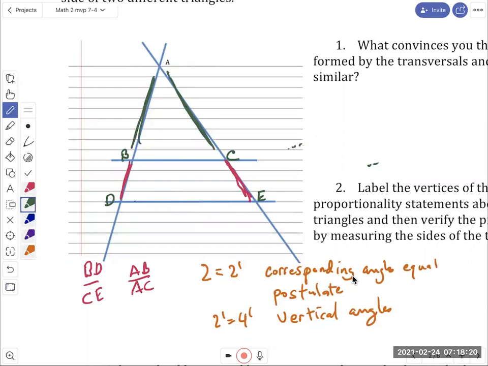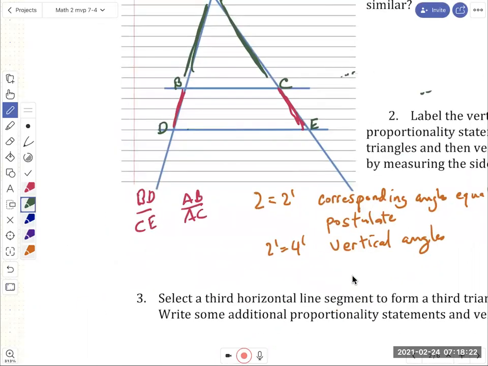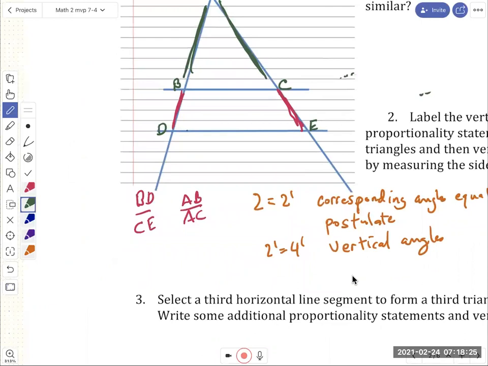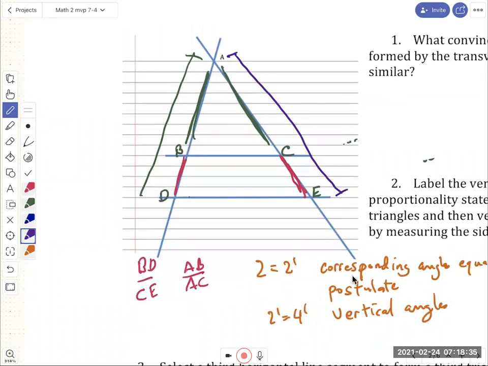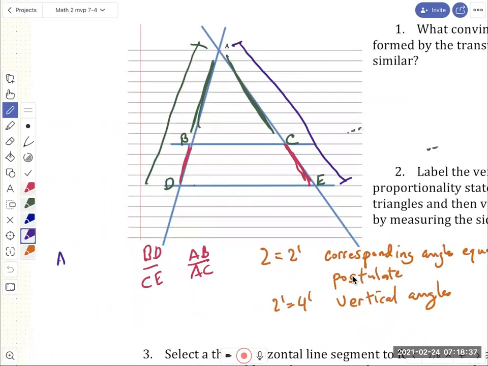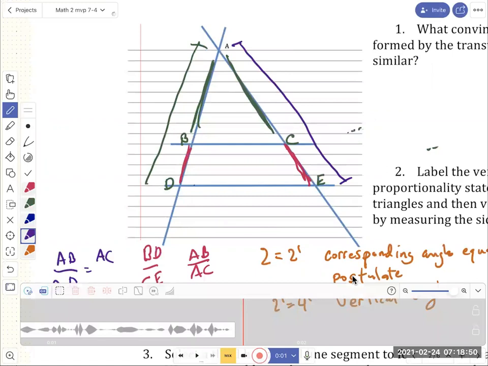And one of the things we're going to do is we're going to just look at the sides. And so one way to express the proportionality is to say that AB, so the left side of the small triangle, is to AD. And then you say, well, what about the right side? As AC